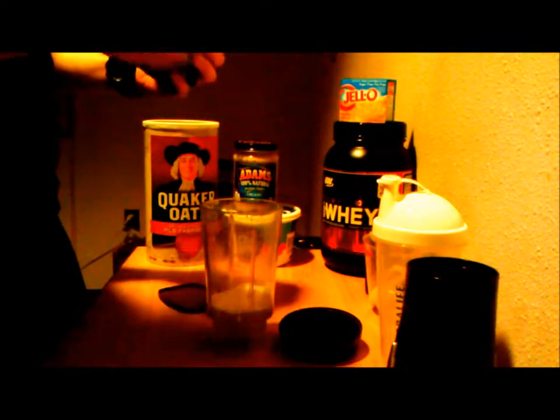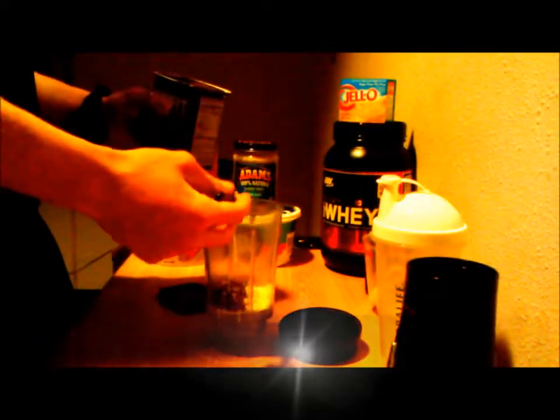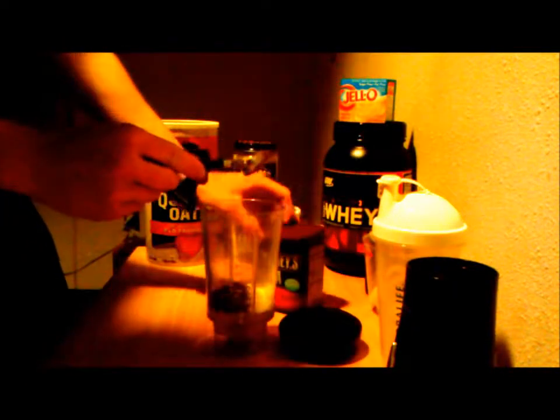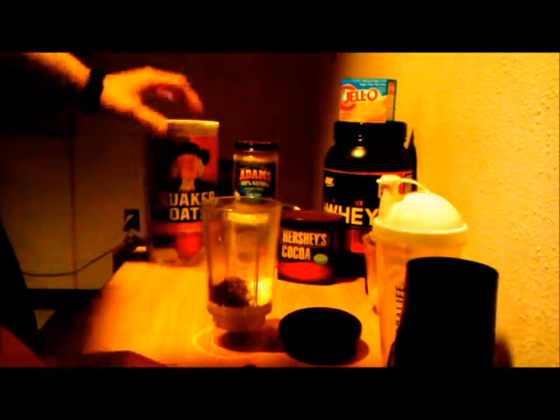It's going to be bitter if you don't add a sweetener to it, but it adds your chocolate flavor. I'm going to add 1 tablespoon, because I find that you don't really need much of this. Okay, I'm going to add a little bit more, but you really don't need too much, because a little too much can really overpower whatever you're trying to do. Alright, now that that's in, I'm going to go ahead and